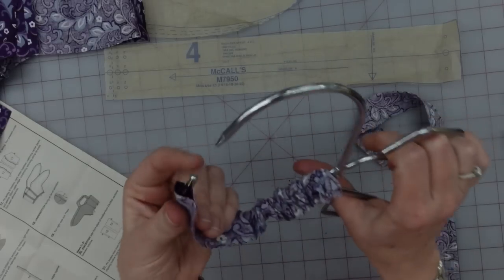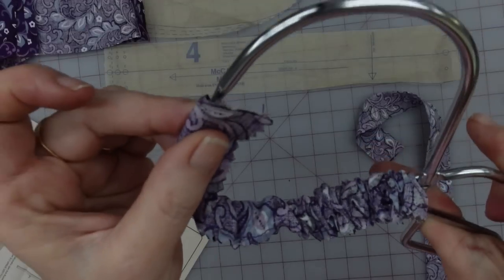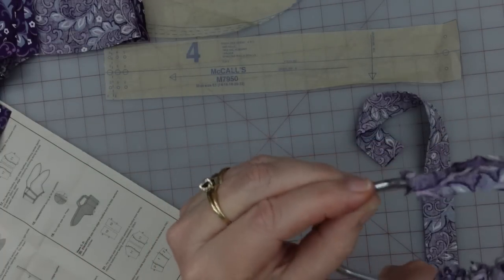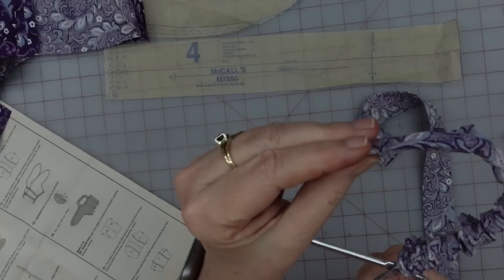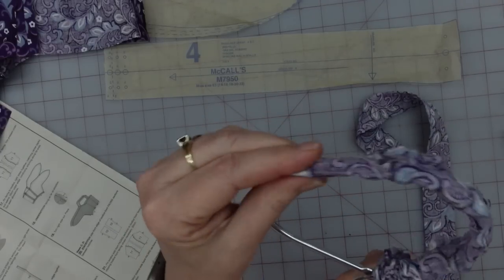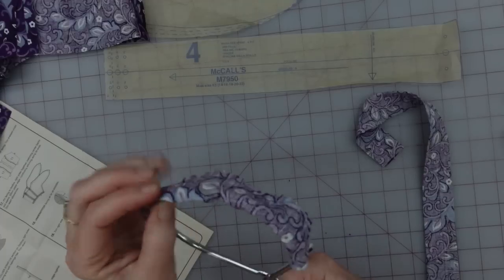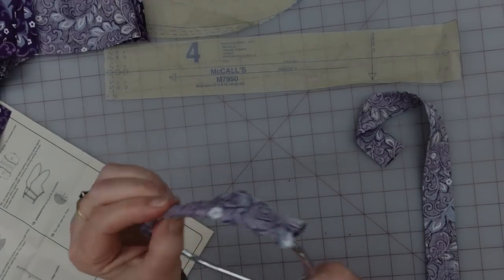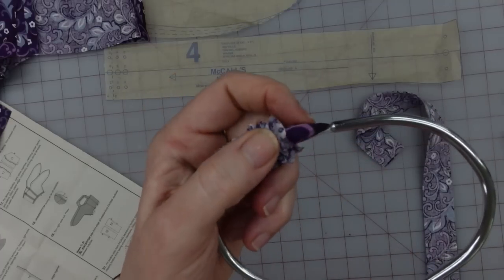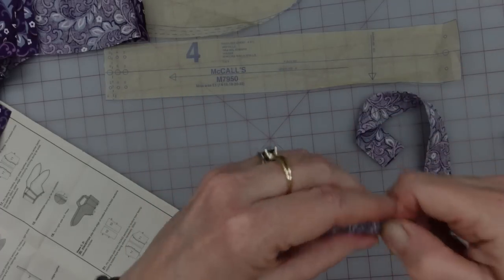And I put it on the round side, move the fabric over it and clamp it together, and then just push the entire tube over to the other side. Getting it started is the hardest part, and then once it's going, it'll just kind of push over. And as soon as I can see the little end here, I will be done. I could have pushed it farther, but okay. So I see my little end point, then I can just open it up, pull this off, and pull it